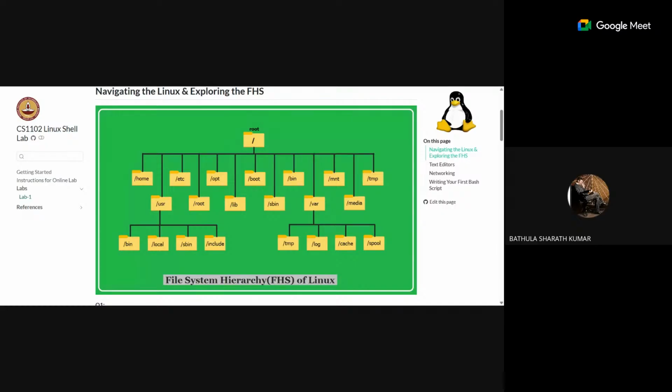Okay, coming to the week 1 content, it is about the basic commands. Using the basic commands, you can explore and know more about your system. Okay, this is the Linux FHS 2.0 Linux file system hierarchy. It is the common hierarchy system for everyone. Yeah. So if you go to the first question,